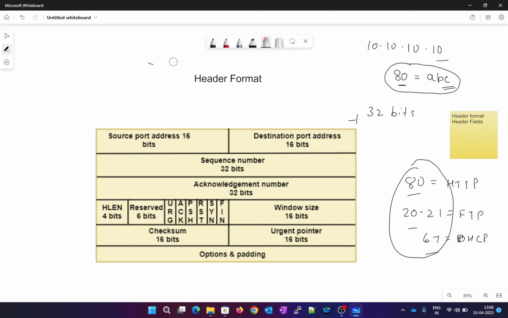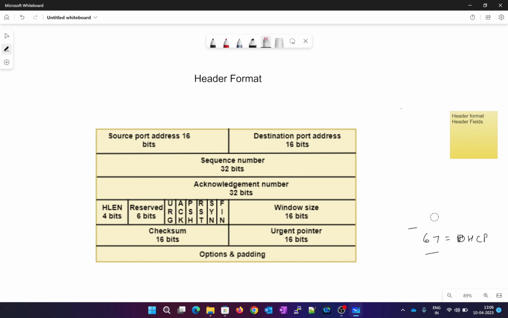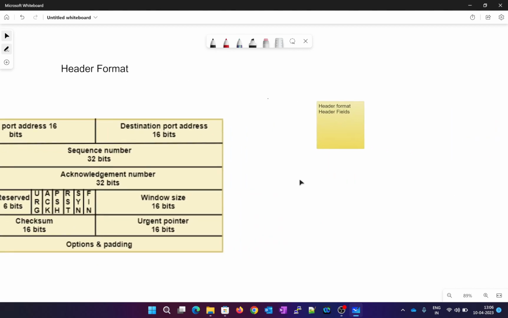Now, moving on to the next header here, that is the sequence number. Sequence number and acknowledgement number are the two most important factors due to which we call TCP a connection oriented protocol. What is connection oriented protocol? Meaning that it is reliable. It's reliable in a way that no information is missed from point A to point B. That is called reliability. Now, how do these sequence number and acknowledgement number work? In a very quick way that I can explain is,